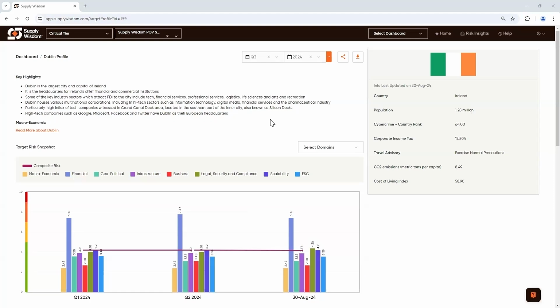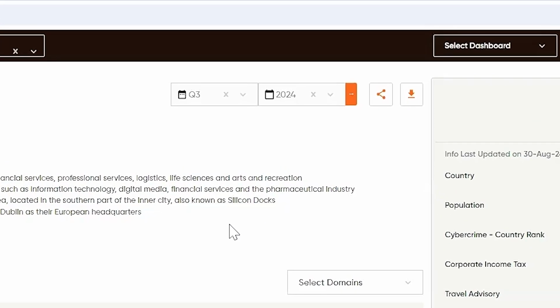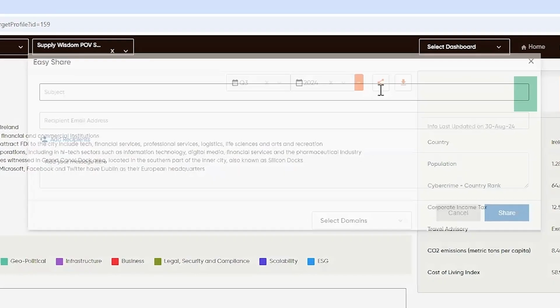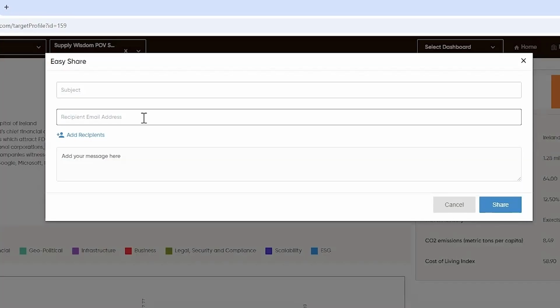Now at the top of my profile here, I want to emphasize a few more features that are available in the profile level view. You do have the ability to alter the timeline for which you are viewing metric data. Here you can select various quarters within various years to filter that view by different time periods. Additionally, you'll see the Easy Share button here once again, which allows you to put in the email address of a colleague, hit share, and they will receive a full export of this profile, all of the data contained within it.